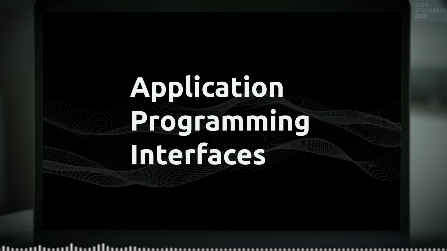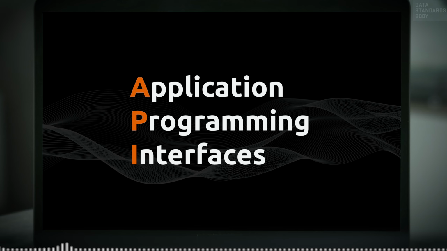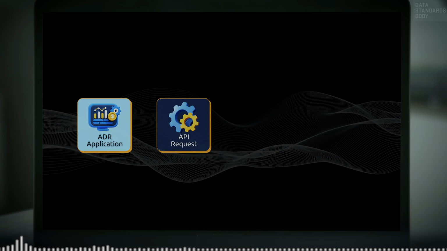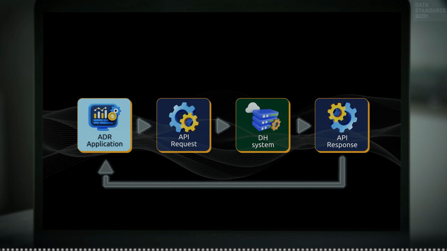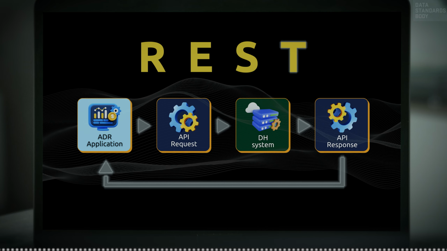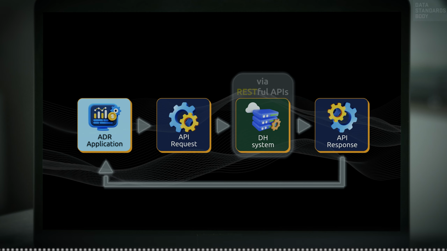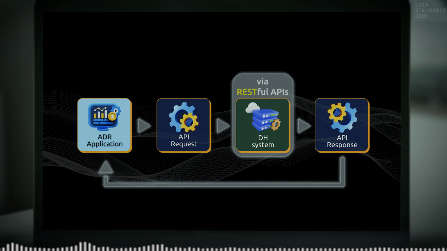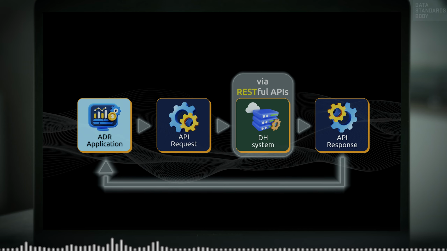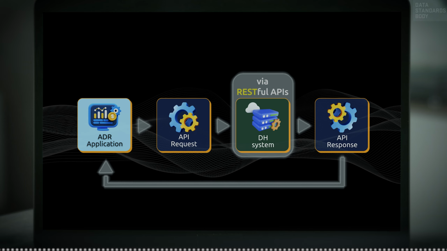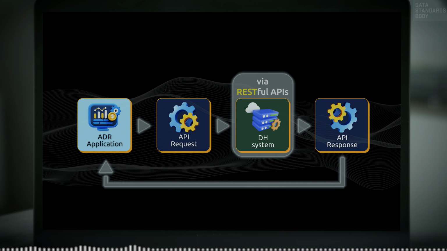Application Programming Interface is abbreviated to API. Application refers to software systems. An interface is an agreement that defines how applications communicate. REST, R-E-S-T, is a software architecture for application communication. In a REST API, an application sends requests to another application which responds with data corresponding to the request. The request and response use agreed protocols and data formats.